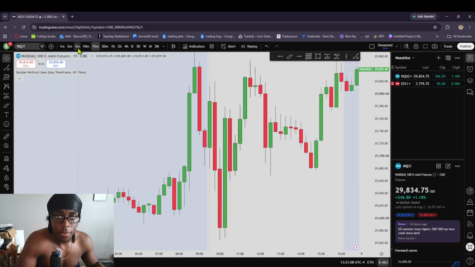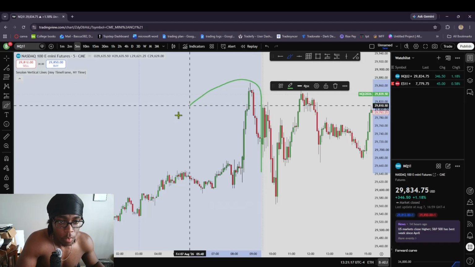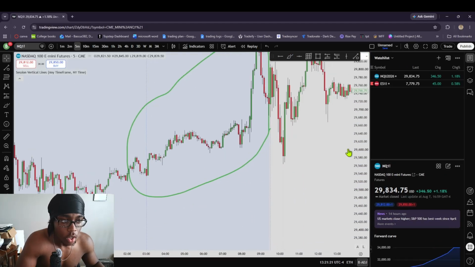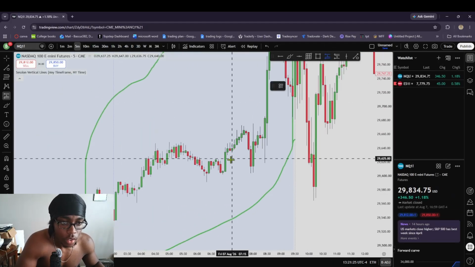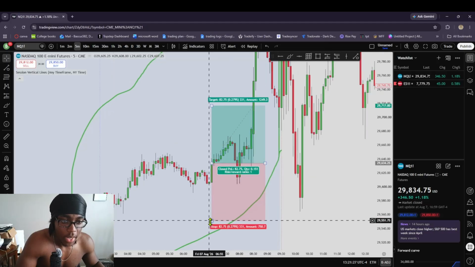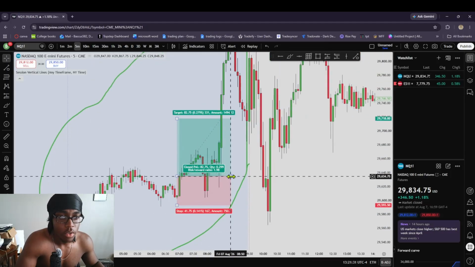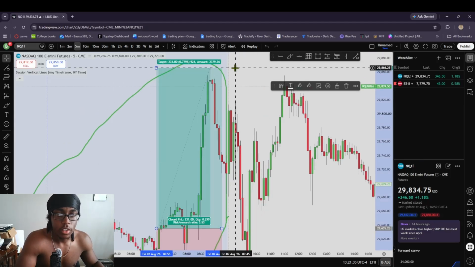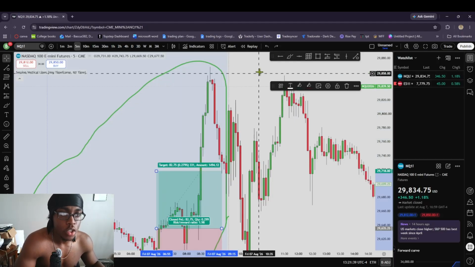So like I said, the London session tends to move a little bit more than the Asia session. Let's get down to the 5-minute time frame as well. Once again, look how much we moved. The lower time frame we go, we can see a little bit more of what you really could have caught. So let's say you caught a trade down here. You're living lavish at this point. You're ready to buy a Koenigsegg because you just hit this. Now, granted, are you always going to catch a move like that? No, but I'm just showing you guys that